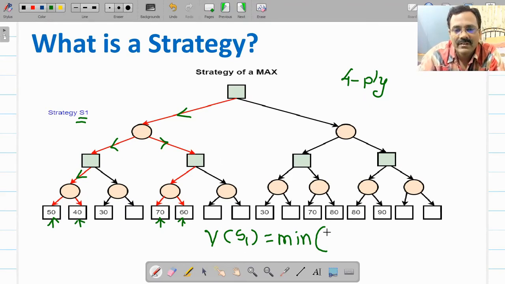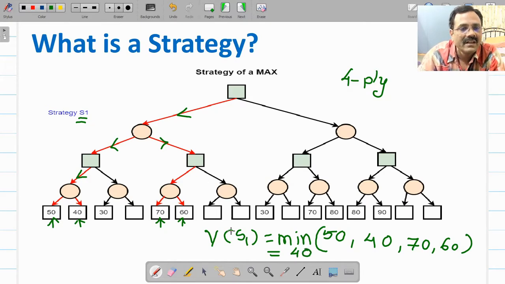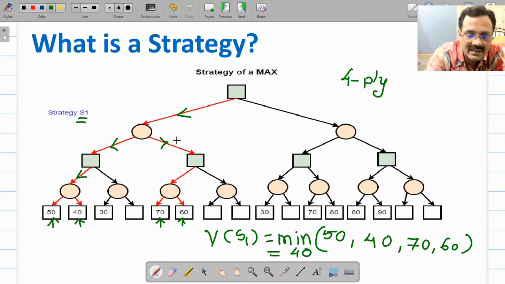The minimum of this is 40. So the value of this strategy S1 will initially be 40, and over the period of time you will be refining it. So that is the value of a strategy.